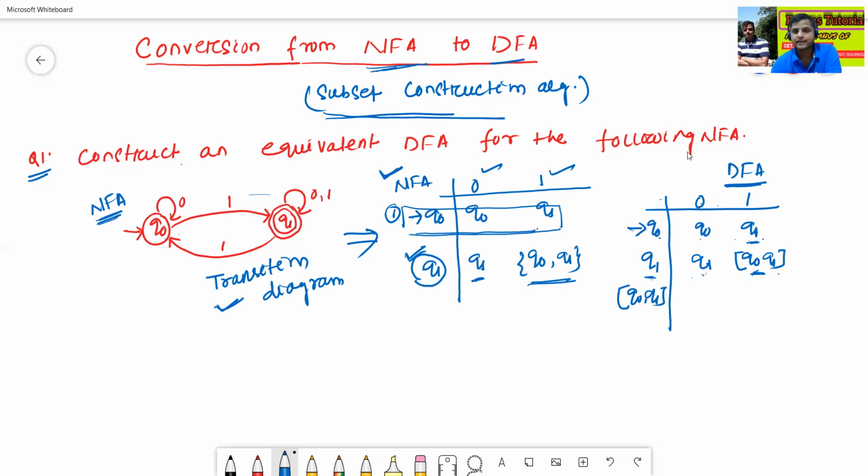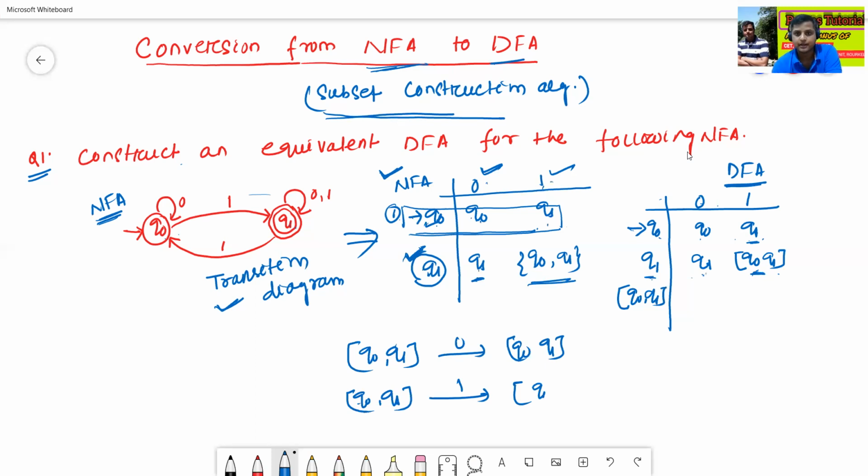Now we'll apply Q0 Q1. We'll read 0, it will give Q0 Q1. Q0 reading 0 gives Q0, Q1 reading 0 gives Q1. Similarly, Q0 Q1 reading 1: Q0 reading 1 gives Q1, Q1 reading 1 gives Q0 Q1.